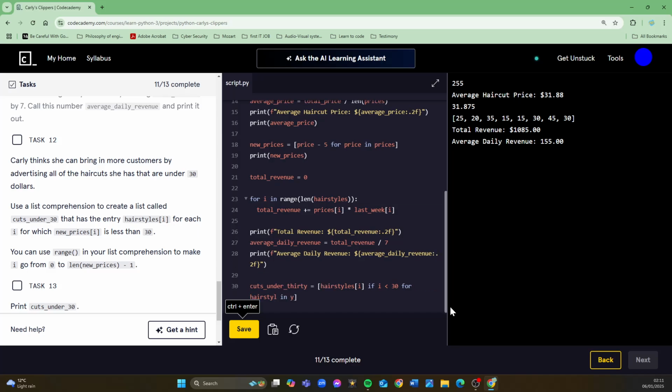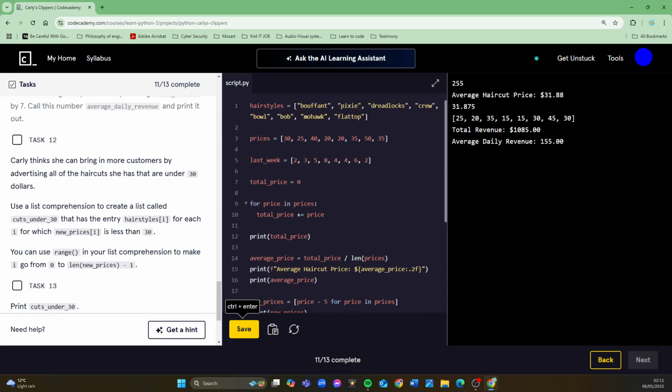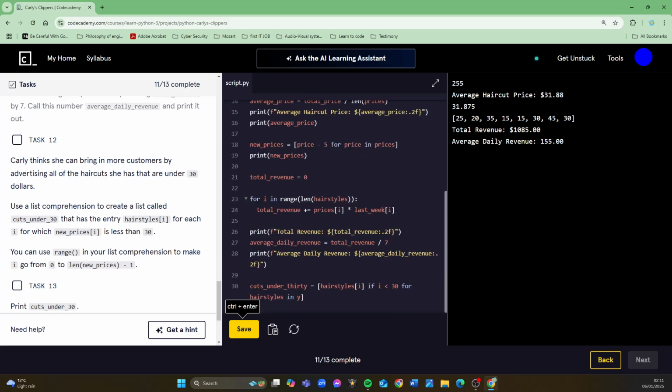For hairstyles in, no. So for or what? No, let's say hairstyles is the list, is the collection. So for I in hairstyles, if I is less than 30, for I in hairstyles.